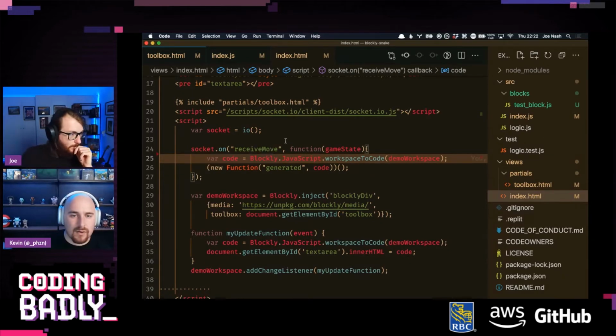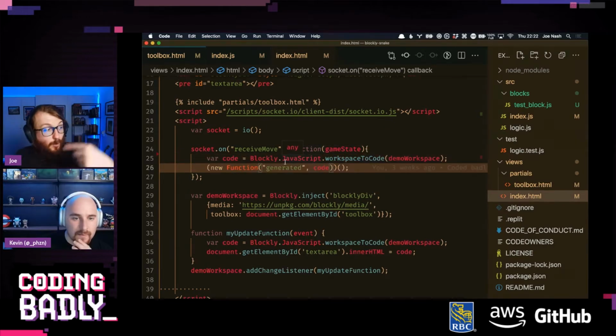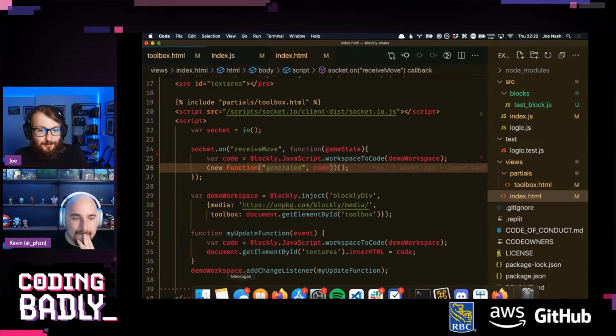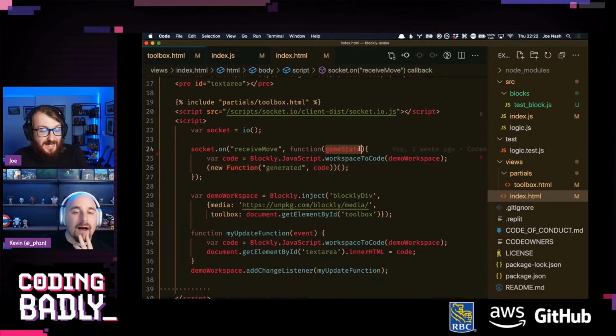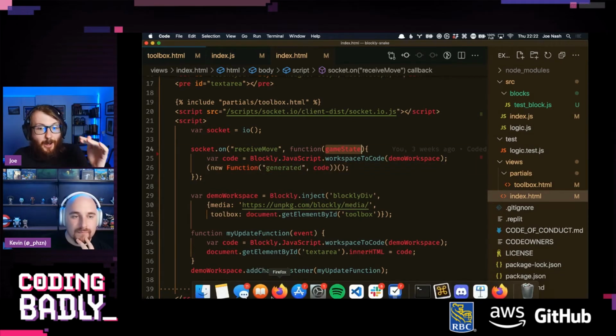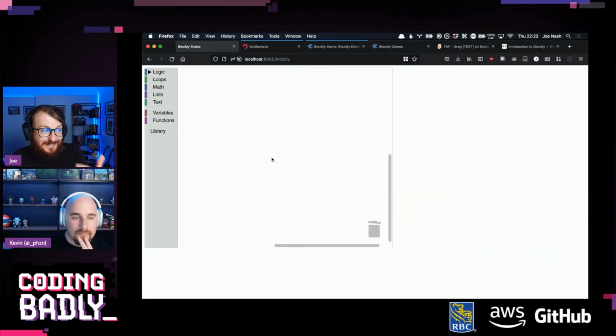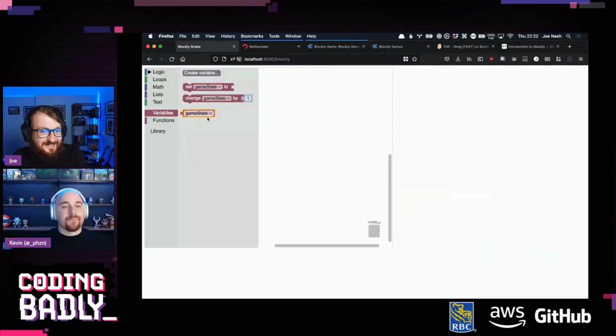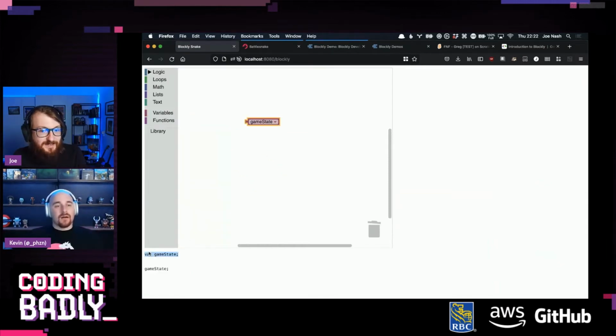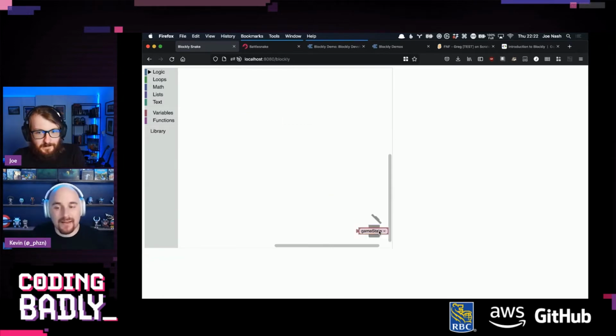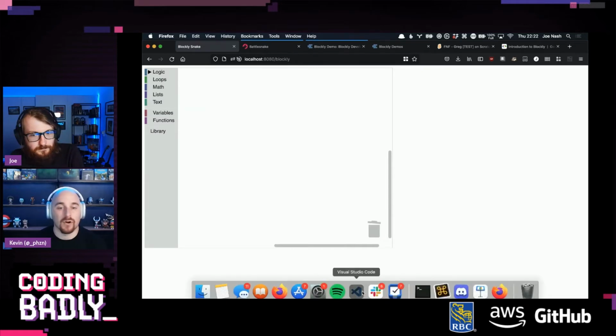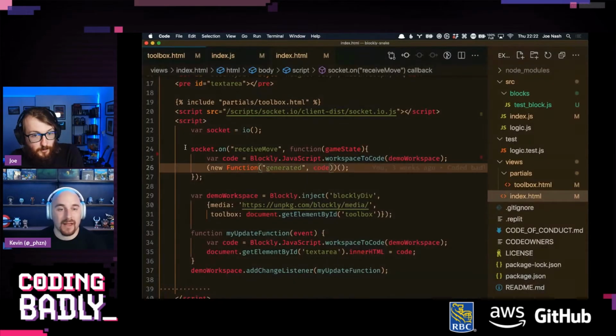So go on. But we're not using game state in here. No, we're using game state in the Blockly code. That's the problem: we declared game state as a variable here, and our smart idea was, in lieu of being able to access JSON, let's at least see if we can use game state. But it redeclares game state, so that doesn't work. It's not even just that. Game state is locally scoped to that function call.